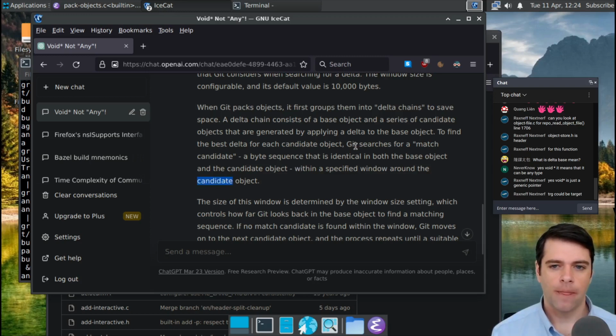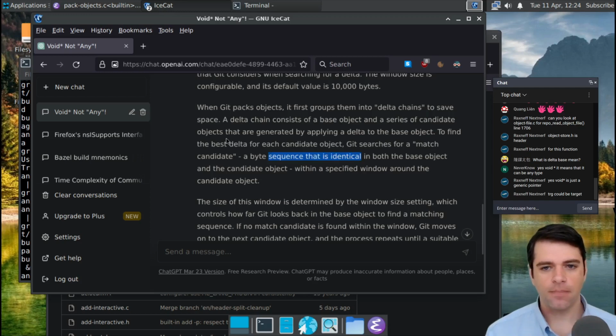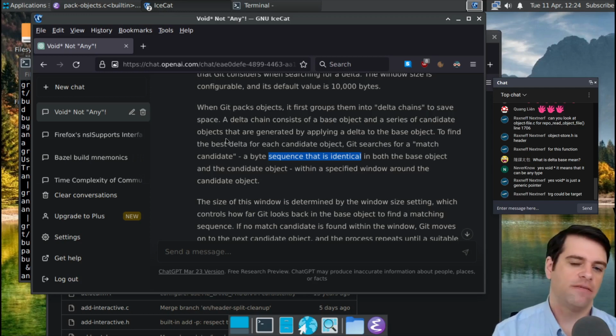Oh, okay. Git searches for a match candidate, a byte sequence that's identical in both the base object and the candidate object. So these are areas of both files that are identical. So I guess this is like if you change one word of a file, then most of those files would be identical. And so this is looking for sequences like that, and that will tell you